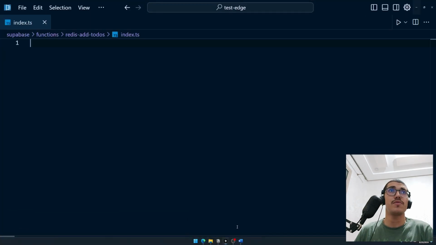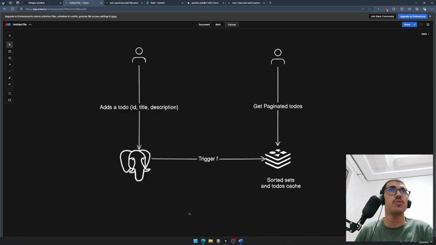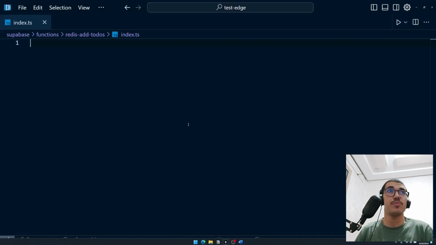First of all, we should have two repos, one for the edge functions and one for our Next.js application. Let's take a look also at the database. We have a to-dos table that has an ID, a title column, and a description column. Let's go back to our edge functions repo and do